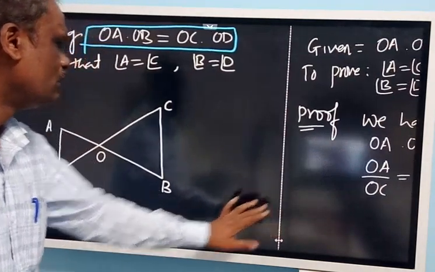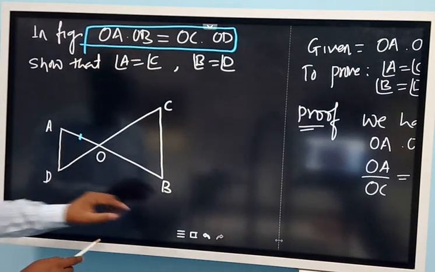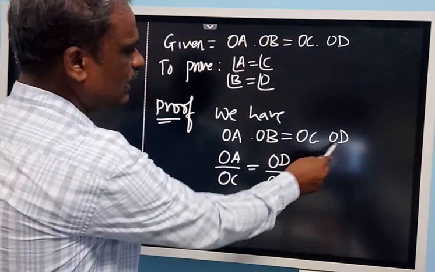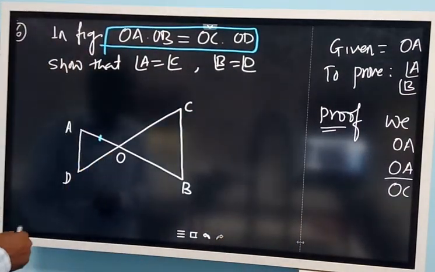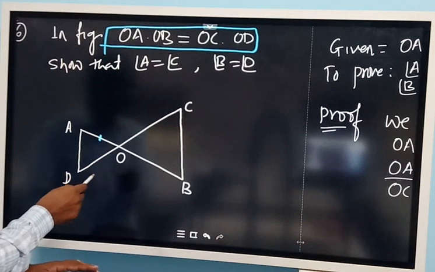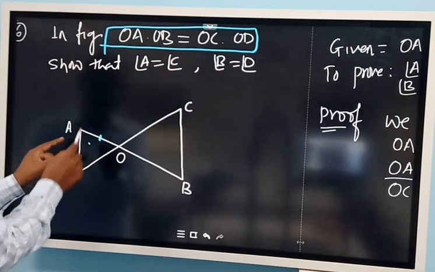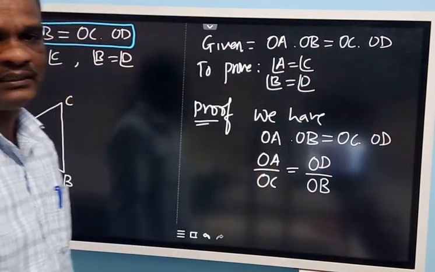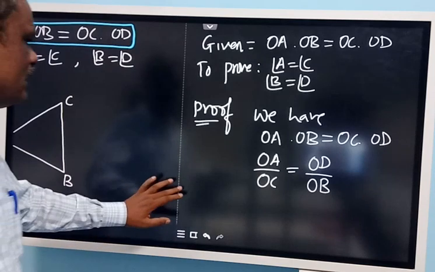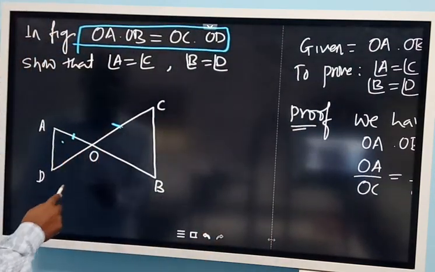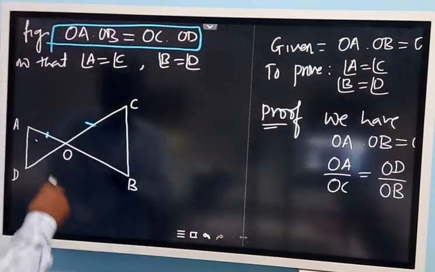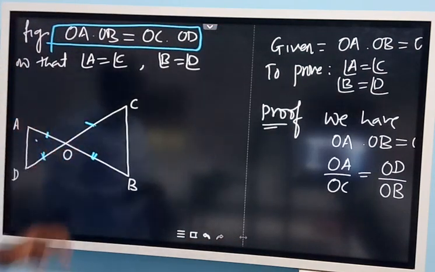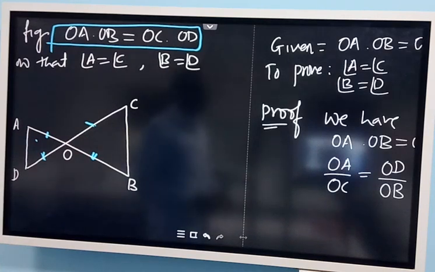Why? You look at this diagram. OA is this side. Instead of OC, I have not taken OD because OD will become the side of the same triangle. So OA is this side of this triangle. If I take OC, it is the side of another triangle. So therefore OA by OC, I can write the two sides are proportional. Here I got OA by OC proportional to OD by OB. Two sides are proportional. Now if I show another angle equal, then I can write the triangles are similar.